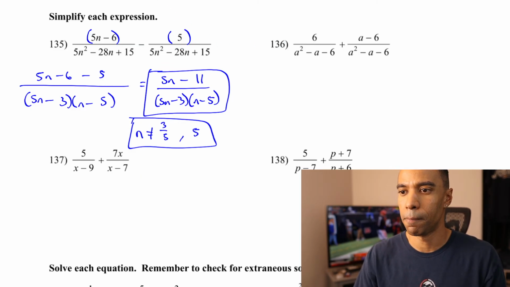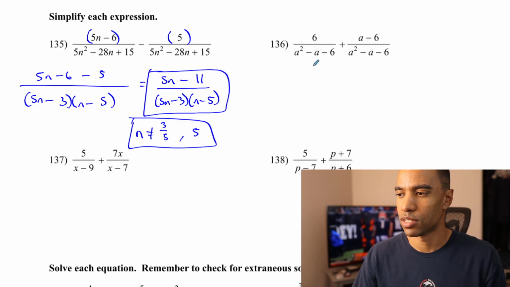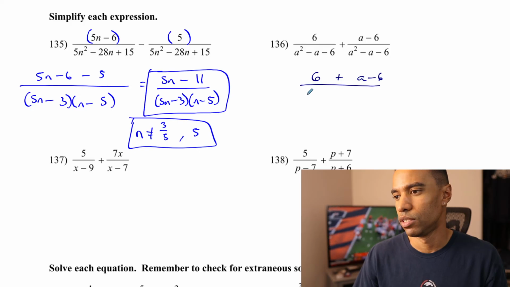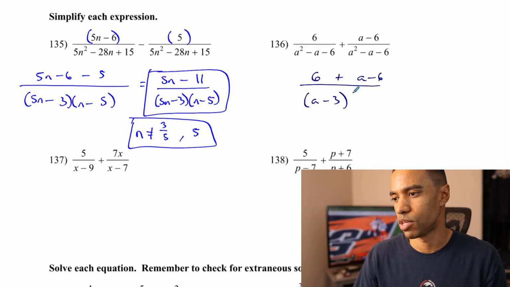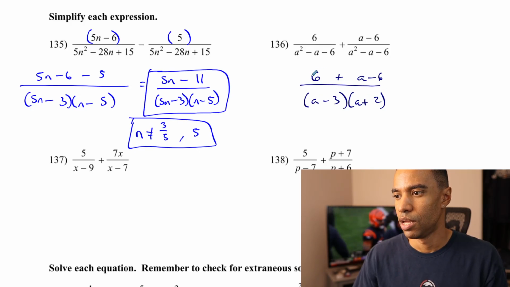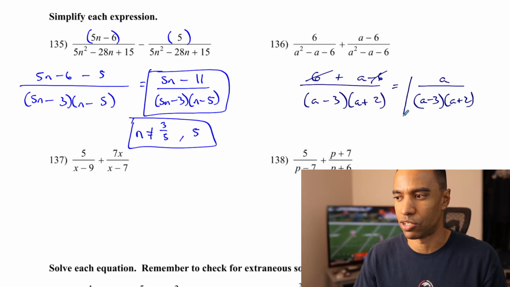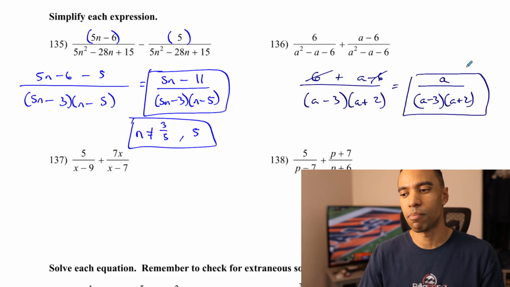Same thing with this problem here. Now, this is 6 plus a minus 6 all over a minus 3 times a plus 2. 6 minus 6 is 0. We're left with a on top. So a over a minus 3 times a plus 2. Nothing factors, cancels, whatever. I can't imagine. I assume these are